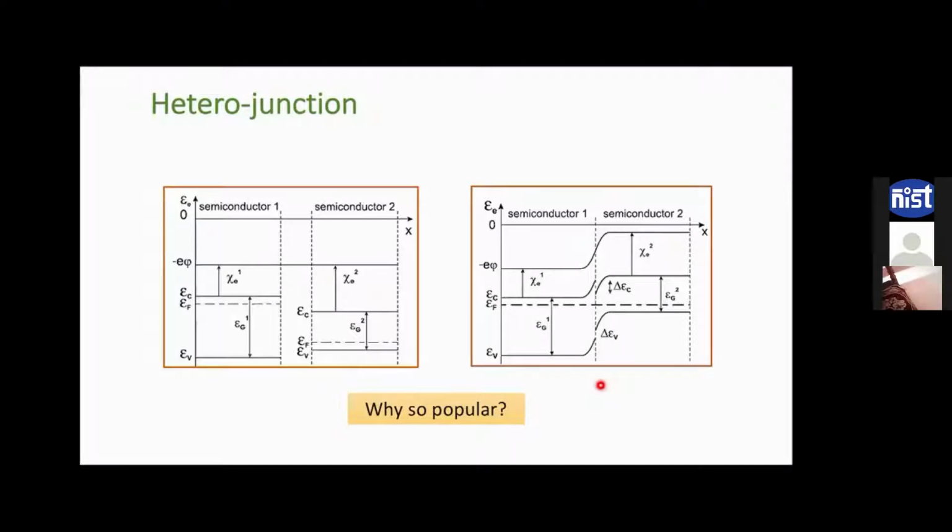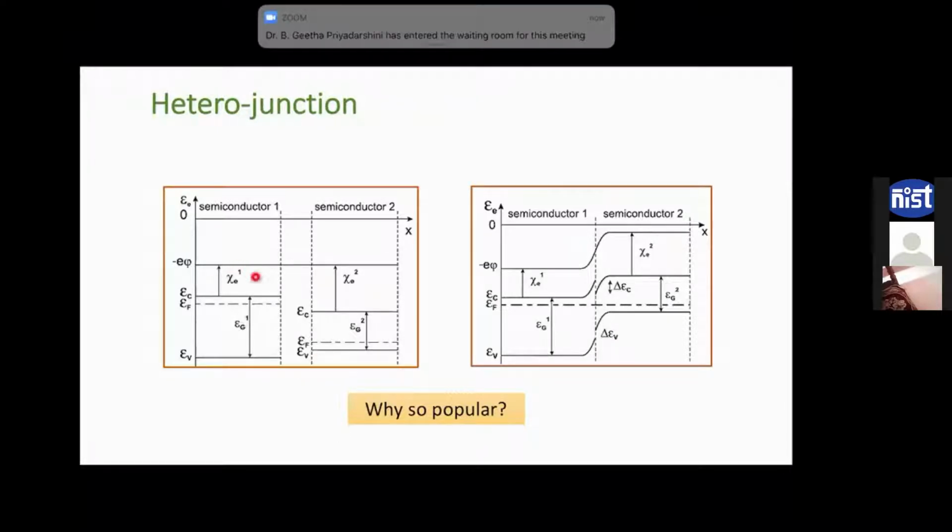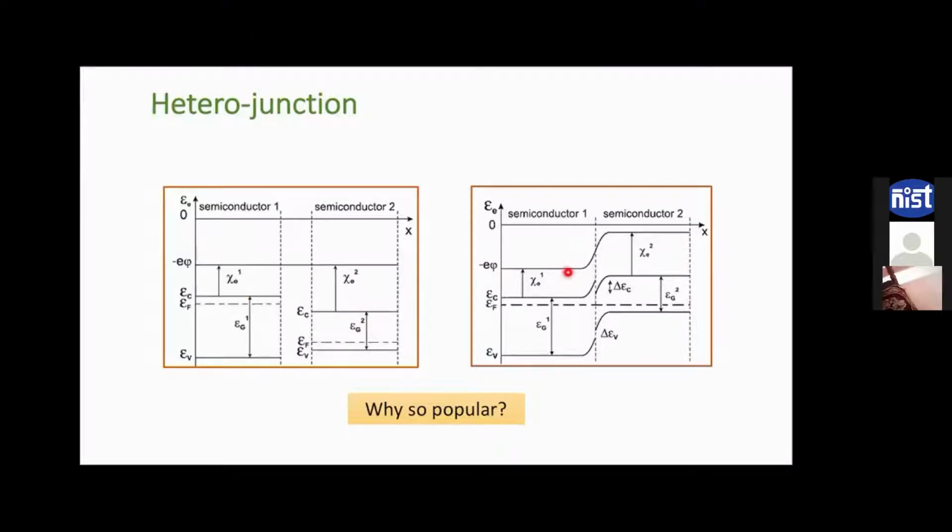Now, because of their difference in the electron affinity, or rather the difference in their work function, there is a band bending at the hetero interface, which is obvious. But in addition to this band bending, there is some kind of band discontinuity at the interface. The discontinuity in the conduction band is called the conduction band offset, and the discontinuity in the valence band is called the valence band offset. And we will see later how this valence band and conduction band offset plays a major role in designing heterojunction